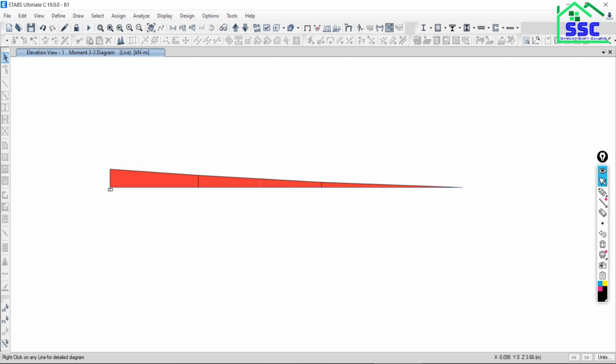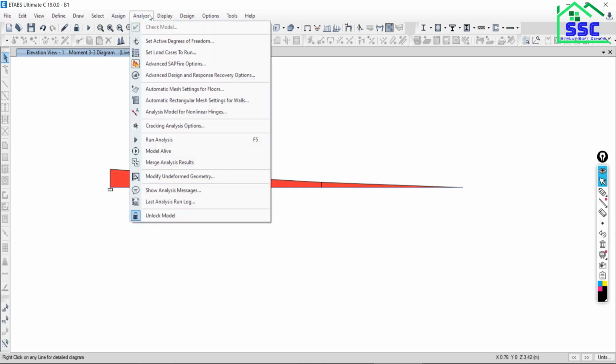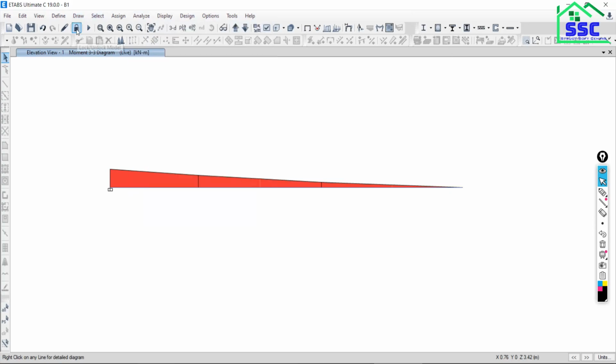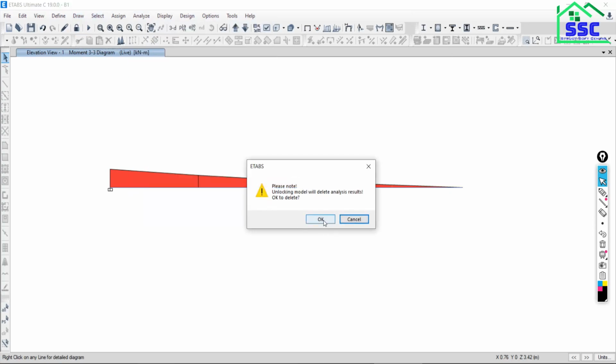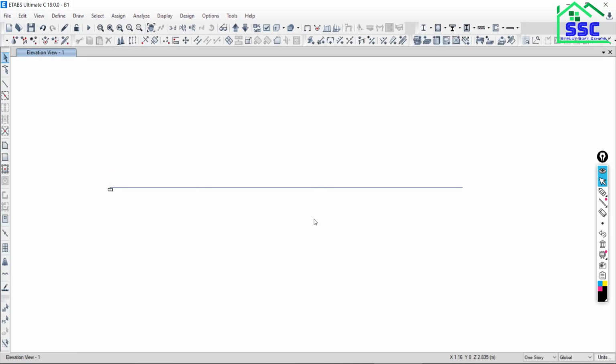First, to do anything in the model, click over unlock: go to Analyze, and in the Analyze menu you will get the unlock option, or in the quick access bar. Click over unlock, say okay. Here I am not interested in keeping these members.